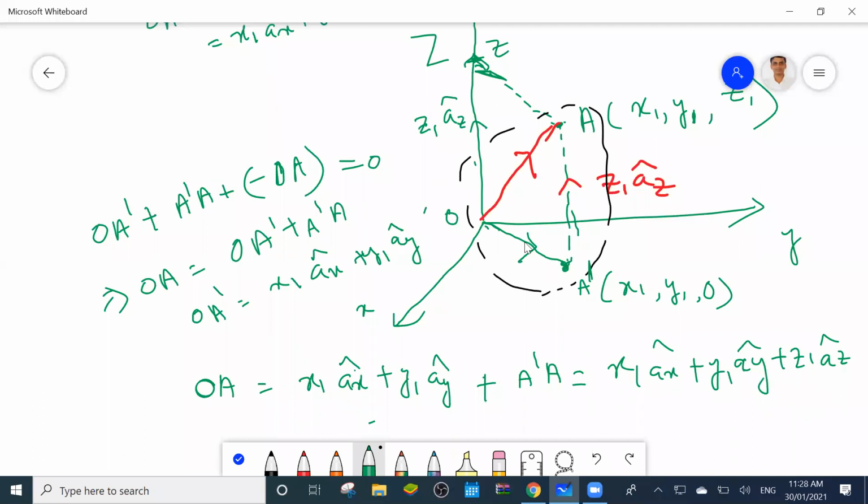That you know. But why I proved this one is so that you can feel how the vector addition takes place and how the point is shifted from here to a height of Z1 in the Z axis. Otherwise, if you know the coordinate from the origin to this point, you can write the position vector as X1 X cap plus Y1 AY cap plus Z1 AZ. Clear or not? So if this side is vector notation, here also you can write this side in vector notation.